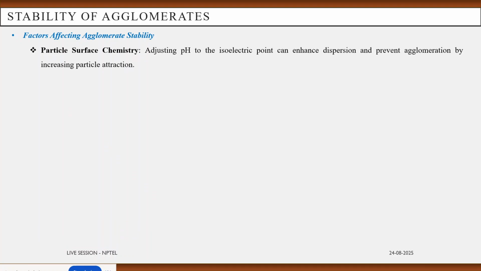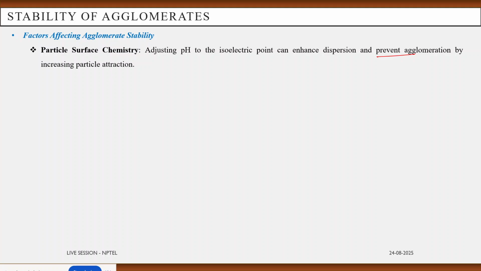So for any kind of agglomerate, we need to know the factors affecting the stability of the agglomerates. The first is the particle surface chemistry. Adjusting the pH of the solution or the mixture to the isoelectric point can enhance the dispersion, and may prevent the agglomeration by increasing the particle